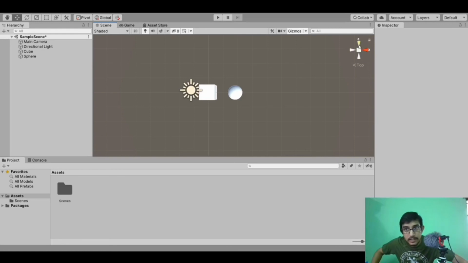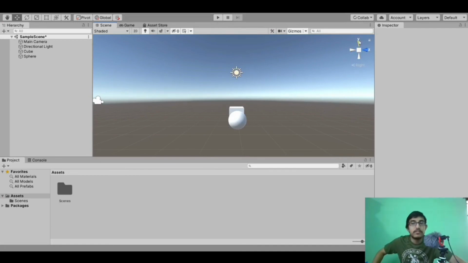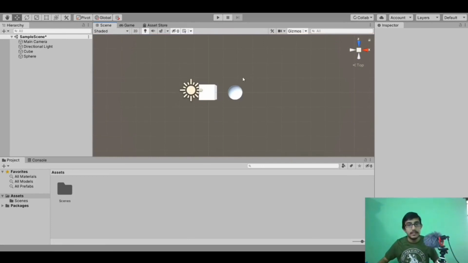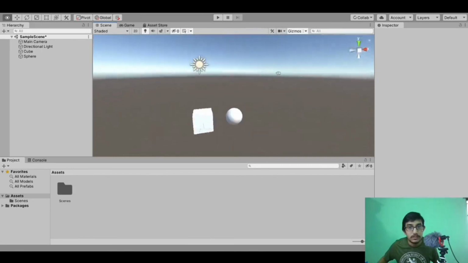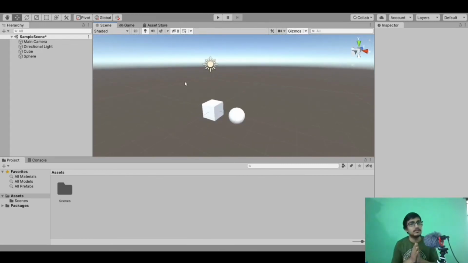If I click on z, we will see it from the z perspective, and if I click on this red arrow, we will see it from the x-axis. Whenever you want the top view, you can select the y-axis, and then use Alt and the left mouse button to move around the scene and adjust it. So do as per your convenience. It all depends on the kind of games you are making.